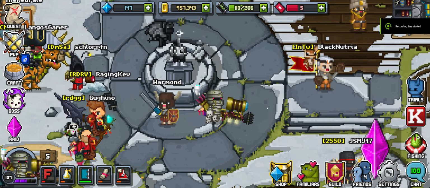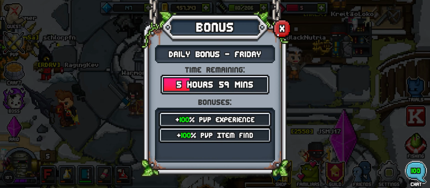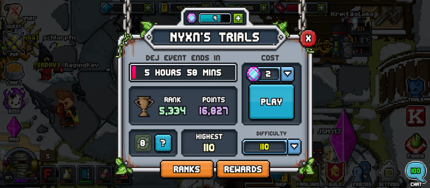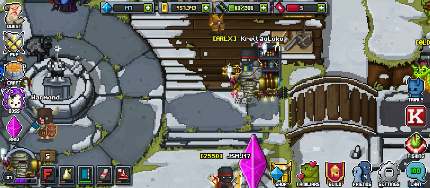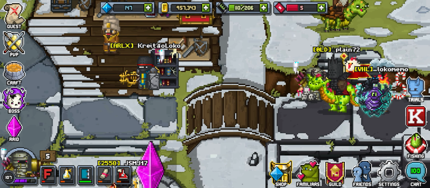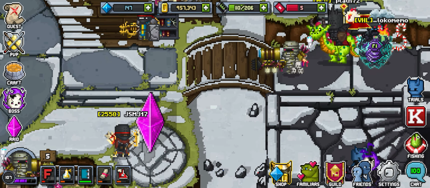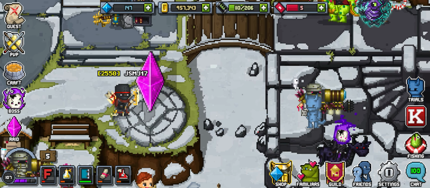Today we're going to talk about trials because today is Friday. Friday is the weekly reset, and since trials is a weekly event, it is going to reset in about 6 hours, so I'd better hurry up and use all my resources to finish this off and make sure that nothing is wasted. So you notice that I'm going east from the center of town, coming over here,